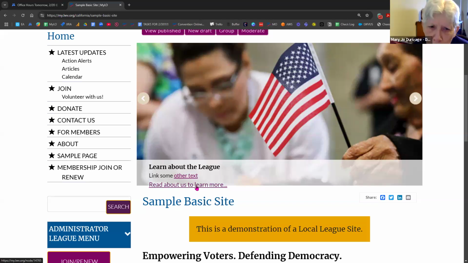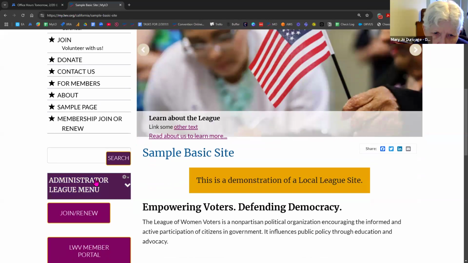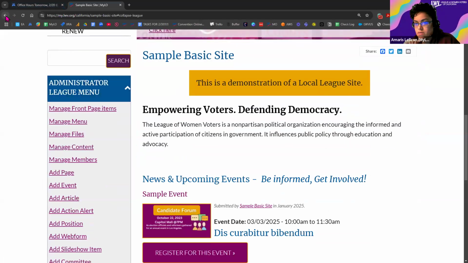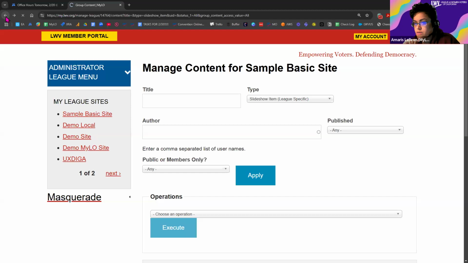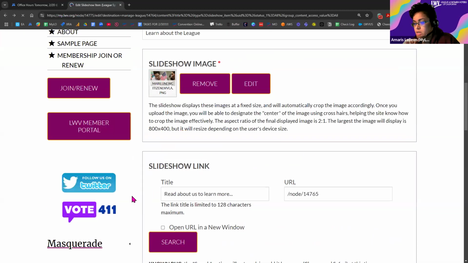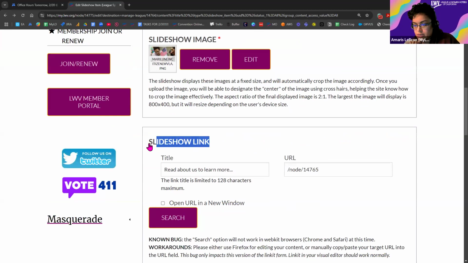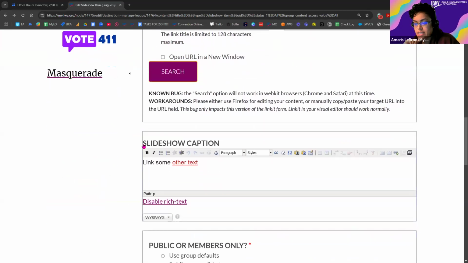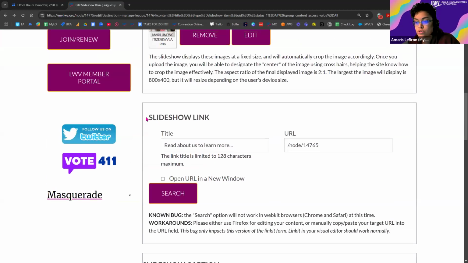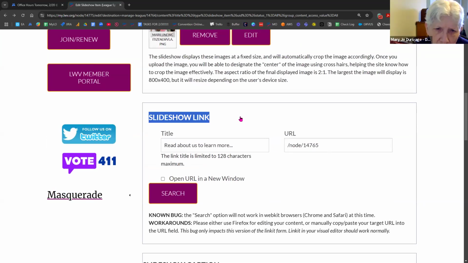What do you mean the slideshow link? You've got two links. Let me show you the fields again. Okay. So this field is called slideshow link and then slideshow caption. So I've entered a link into the slideshow caption, but I'm also separately using the slideshow link. And this is what takes priority when I'm hovering over the rest of the slideshow item. Yeah. That's the link that will pop up. So you can have more than one link, but it's just worth noting that if they aren't directly clicking on that other link,